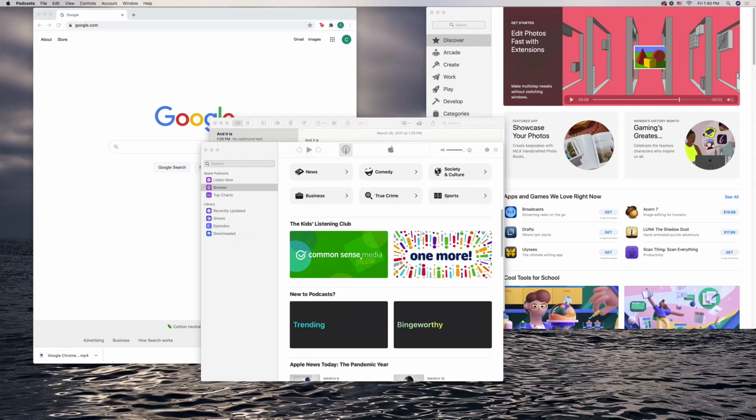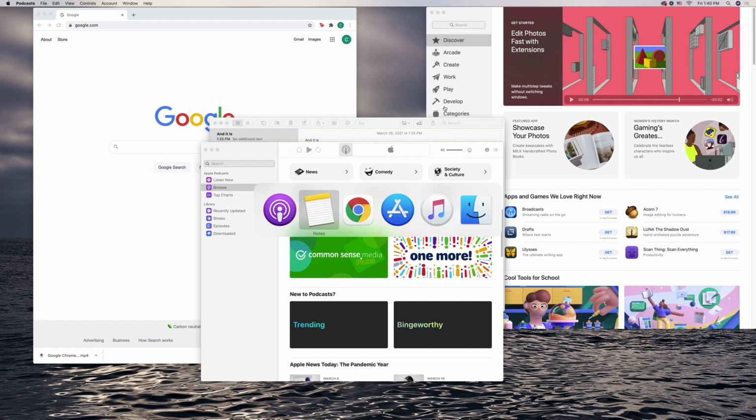Now I'm going to show you an awesome shortcut that will save you a lot of time whenever you find your desktop a bit unorganized like mine right now. So rather than trying to manually find the application you want to go to, you can actually just press Command and Tab, and it's going to show you a preview of all of the open apps.